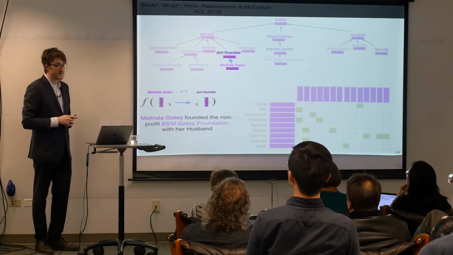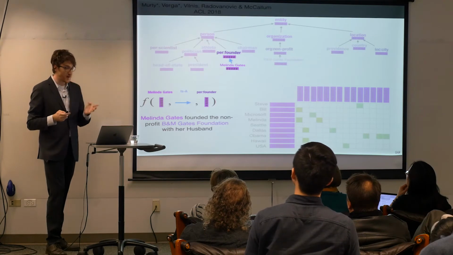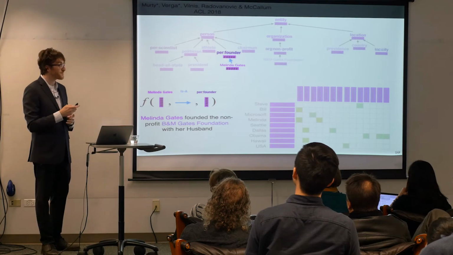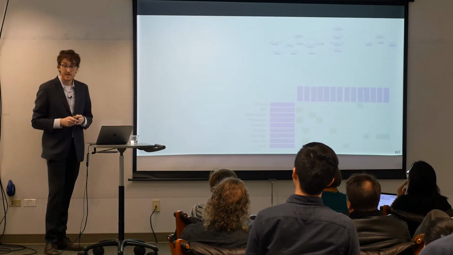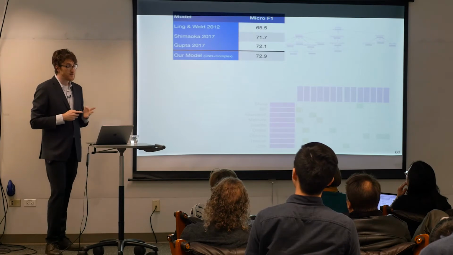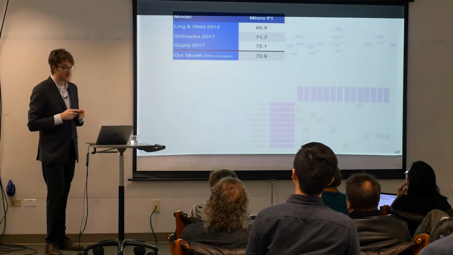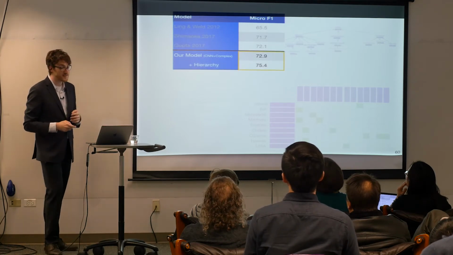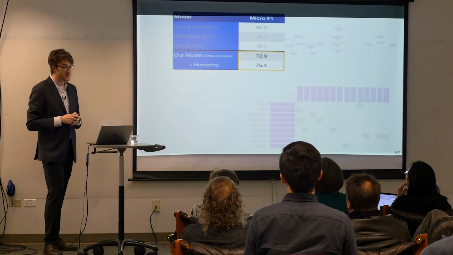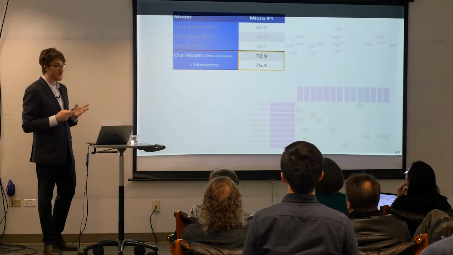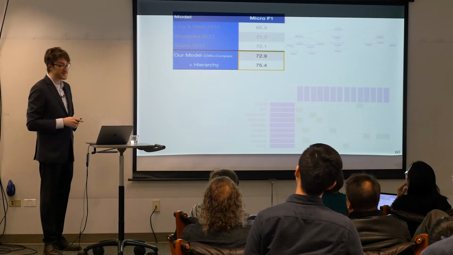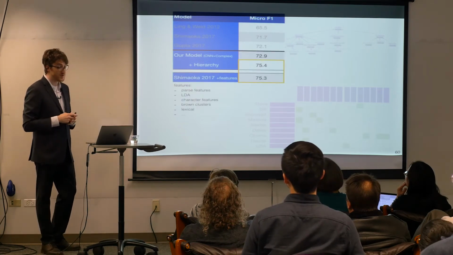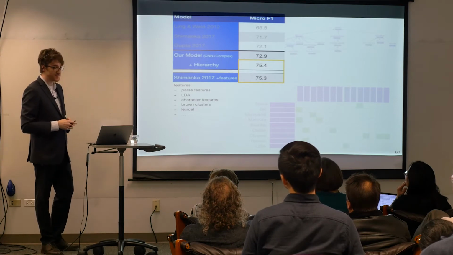The first results I'm going to show here are on the data set FIGER, which is the most widely used data set for this particular task, called fine-grained entity type prediction. We can first see that our base model, which is a convolutional neural net in this case, is performing similar to comparable previous state-of-the-art methods. But most interestingly, our type-aware hierarchy training improves the results quite substantially over the model treating the types as a flat set. And our best model is even comparable to a much more complex one, which used a lot of external resources and additional features.